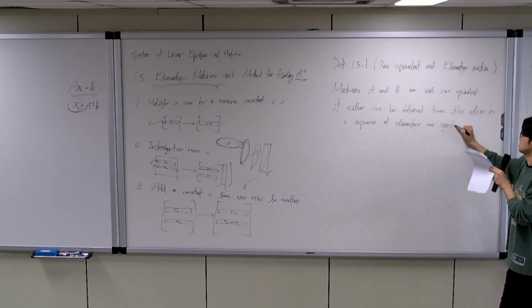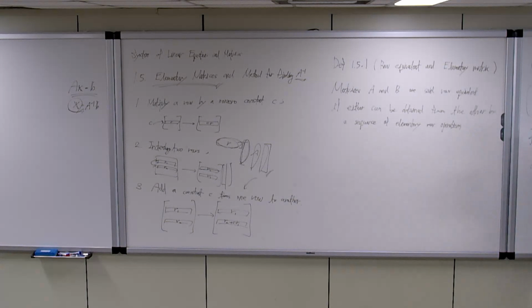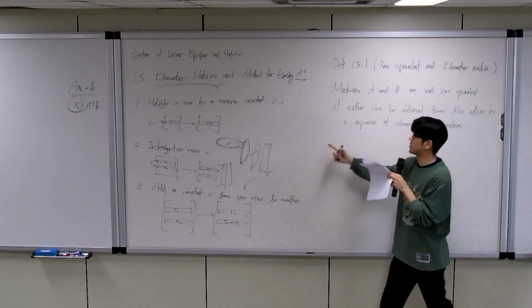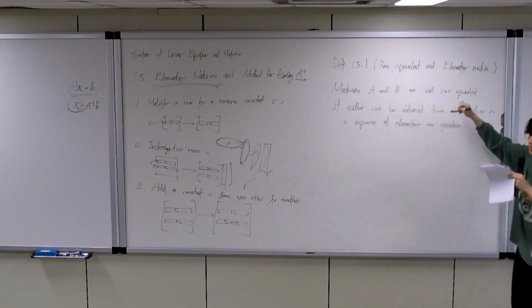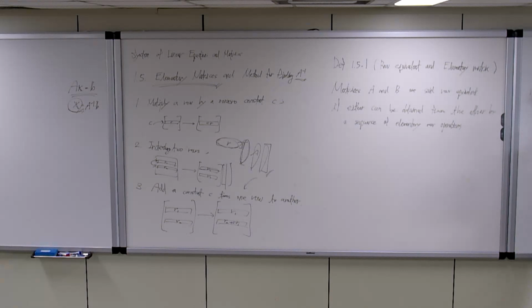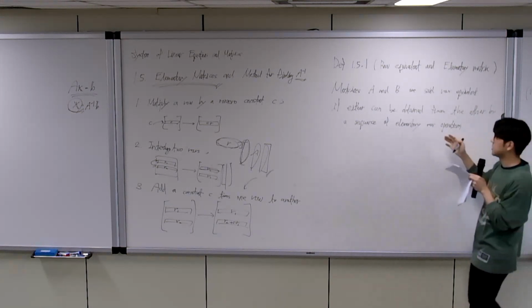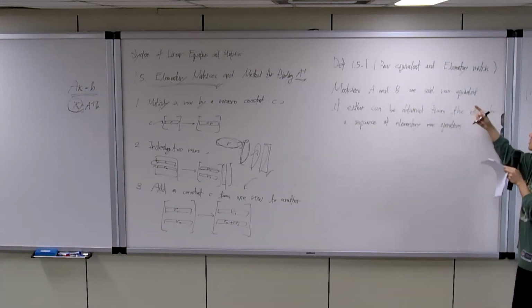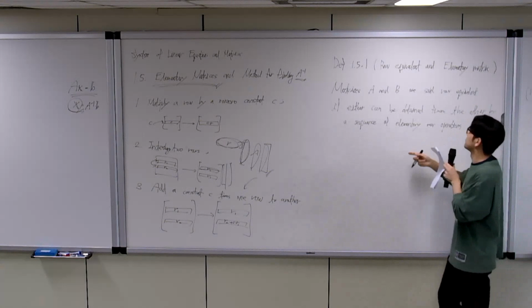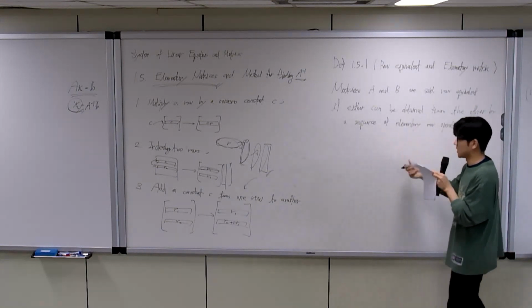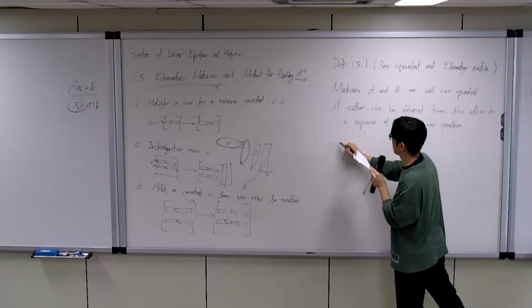It means by changing the matrix using row operations, if we made A into B by some row operations, then it is equal to B. Then we call A and B row equivalent,